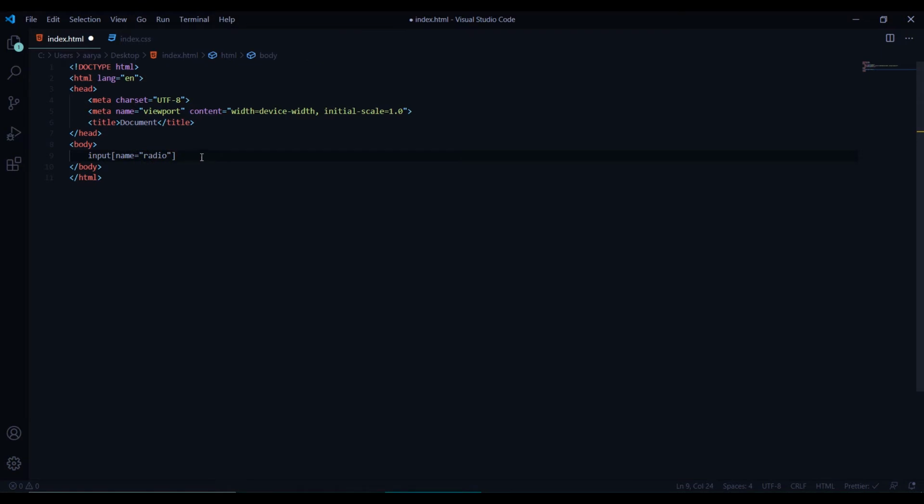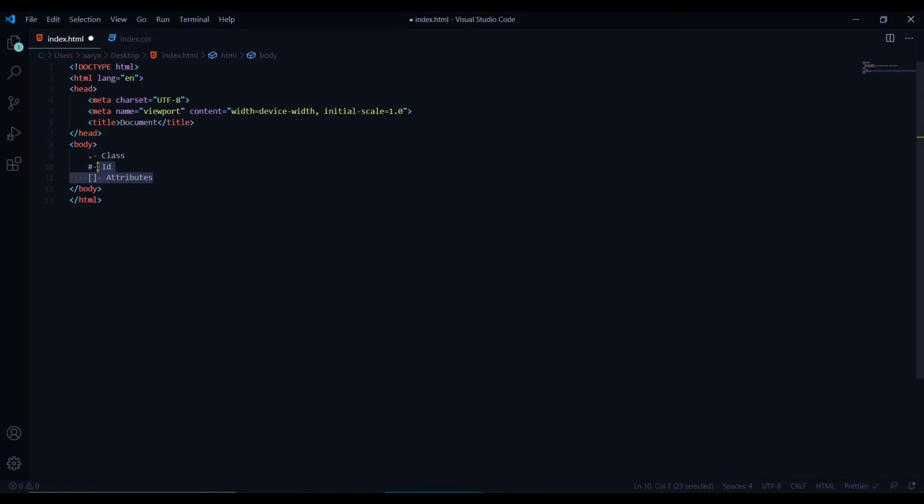give multiple attributes, such as if I want type is equal to radio, then it will give me input type is equal to radio and name is equal to radio. So you can have as many attributes as you want. I can also add value of button to it, and it will give me 3 attributes like this. So this is how you work with classes, IDs and attributes. The dot is the class identifier, the hashtag is the ID identifier, and the box brackets are the attributes identifier. So this is how it works.